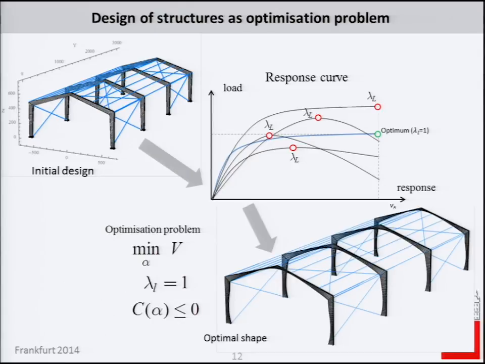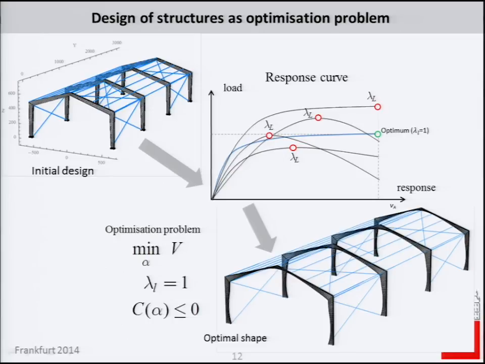If you look at the engineering, I'm talking about civil engineering, where structures like this one are designed. The problem we have to solve is that we have some initial design of the structure, like this. These are frames with the bracings. It can be an industrial building. And then we put a load on it. A load is snow or maybe wind. And by increasing the load, we get a response curve. So we increase the load, and we get a response like displacement, or maybe we can put stress, whatever you want, on